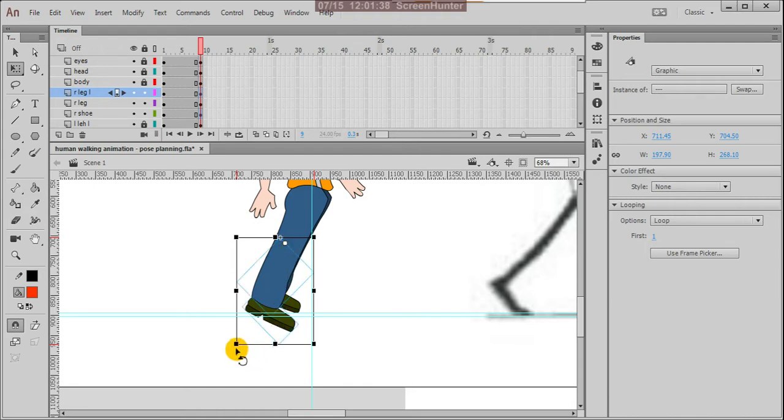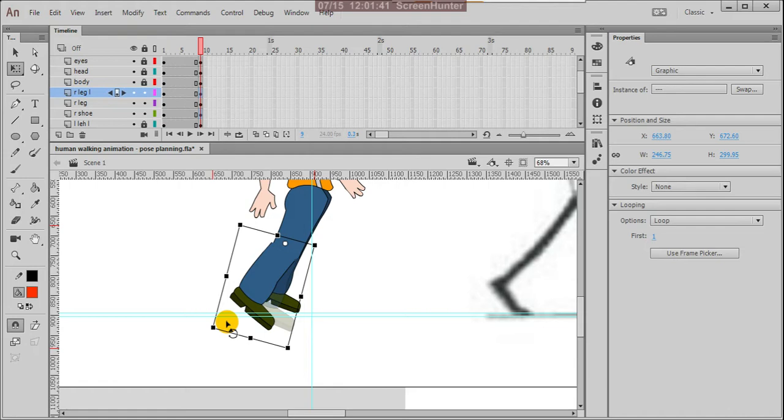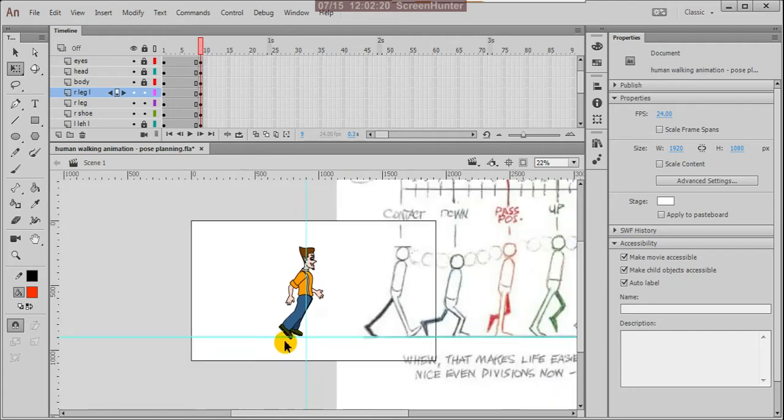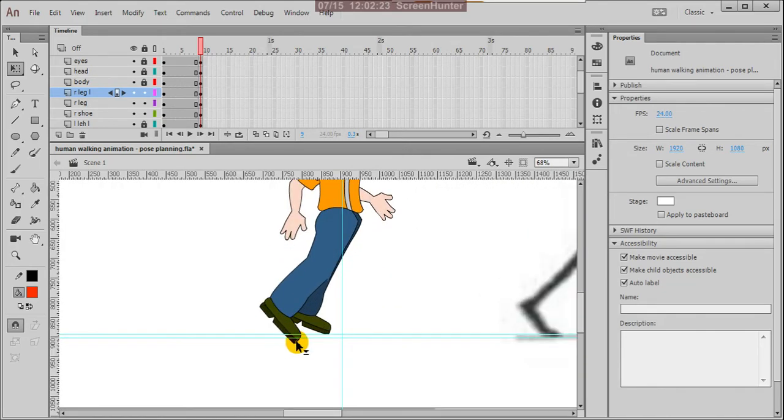You can place this point here, and you can give a bit inside. It must be on the line.